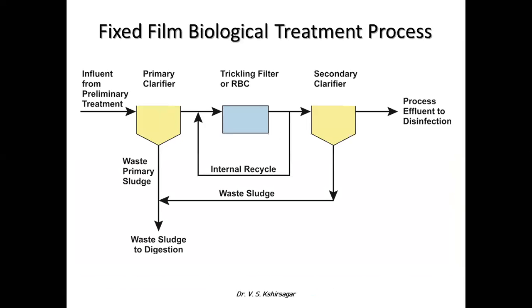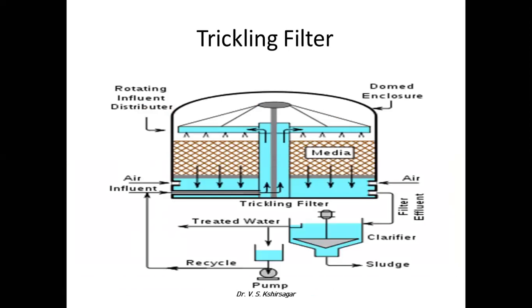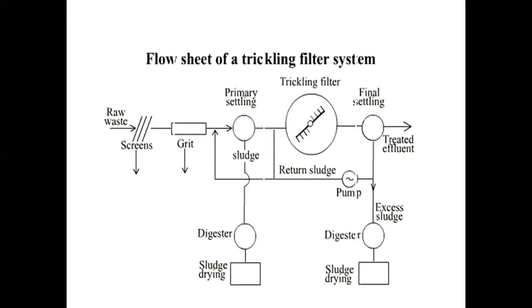Okay. So this is the film or biological treatment process, or we can say it is a trickling filter flow chart. A complete flow chart I would like to show you in this figure, the flow sheet of the trickling filter system. Here you can see raw sewage is being applied. This is a screening process. This is a grit chamber to remove the grit. This is a primary clarifier. Usually for the trickling filter, a primary clarifier is required. In detail, we are going to study for what type of trickling filter a primary clarifier is required and for what type it is not required. That we will see in the next part.